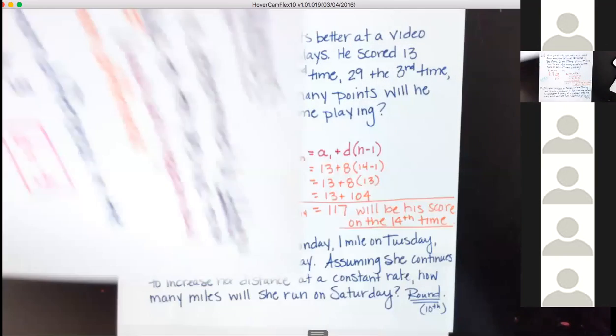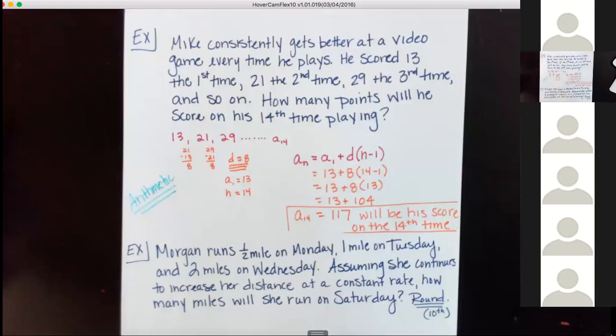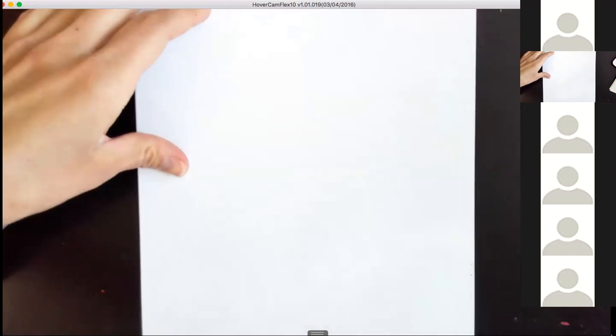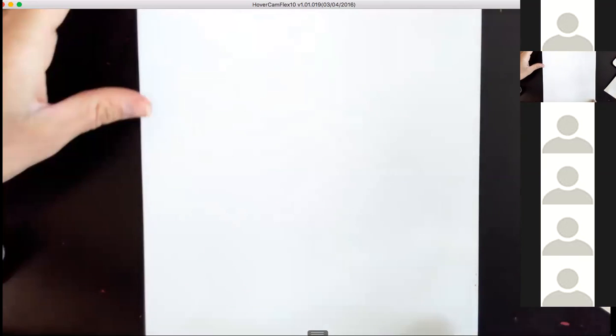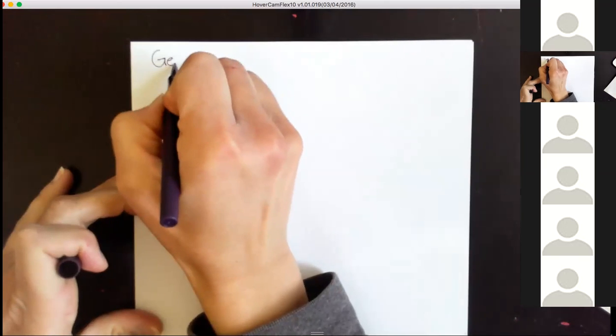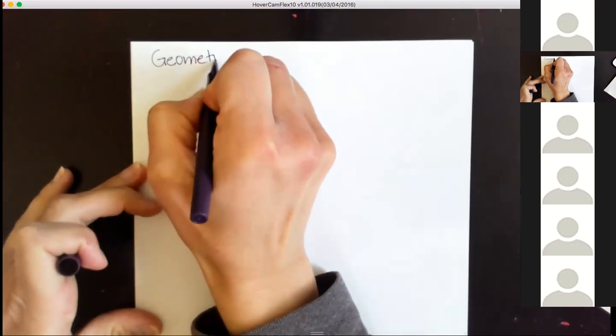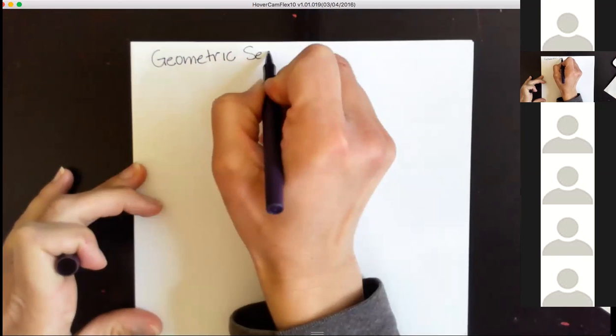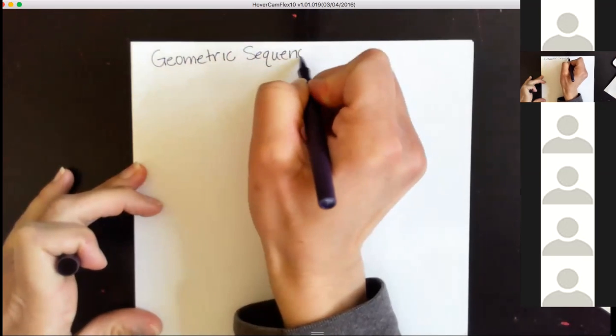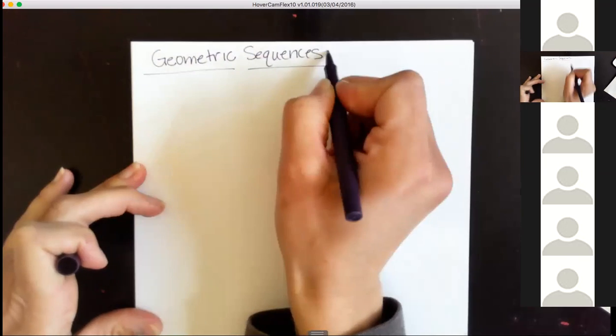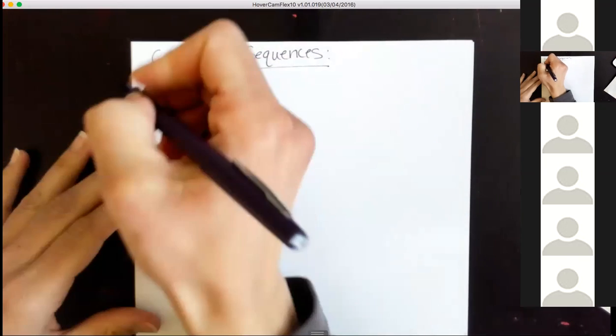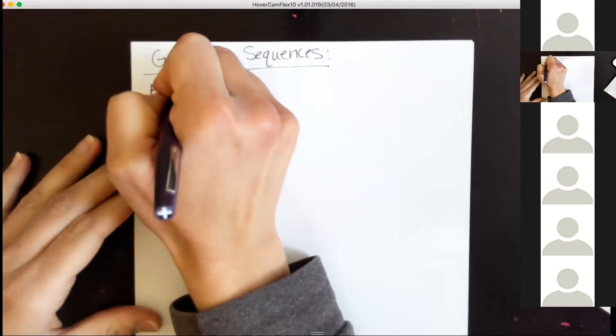All right, so then we have the next kind of sequence, and it is called a geometric sequence. You're going to see this is going to go a little bit faster because it's the same concept, except we're going to multiply. So a geometric sequence has the exact same idea. Each term is determined